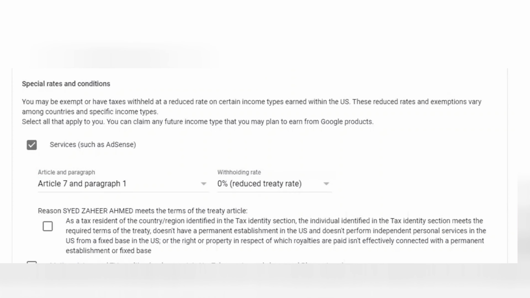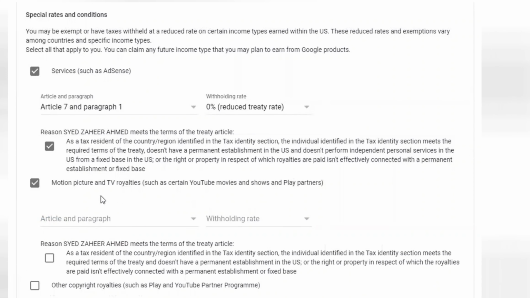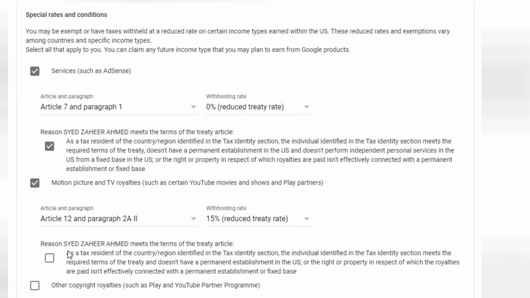We have to click on the terms and condition at the bottom. Once we click on this, we have to select a similar kind of article and paragraph. So article will be article 12, paragraph 2A3, and withholding rate will be 15% reduced treaty rate. You have to click on the checkbox in the bottom.